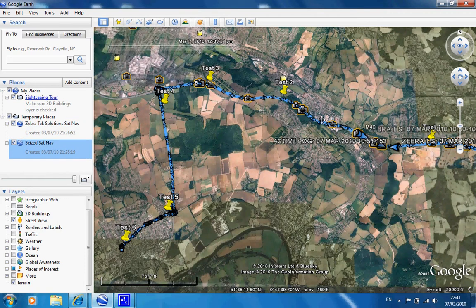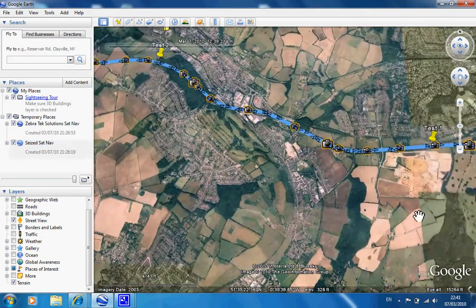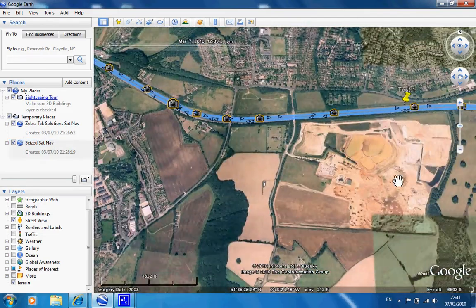This journey that we've carried out here is shown by the blue line, and here we've chosen 6 points where we're going to sample the data to see how accurate it is. So we'll move into the first point,